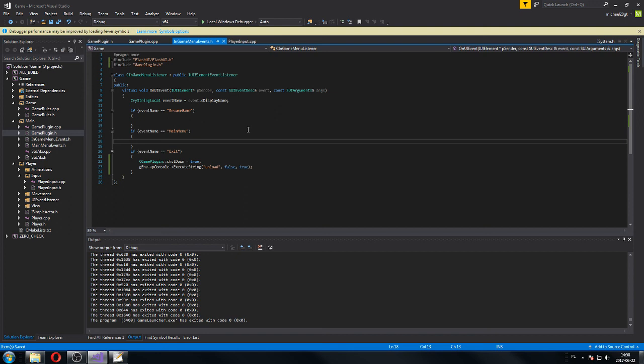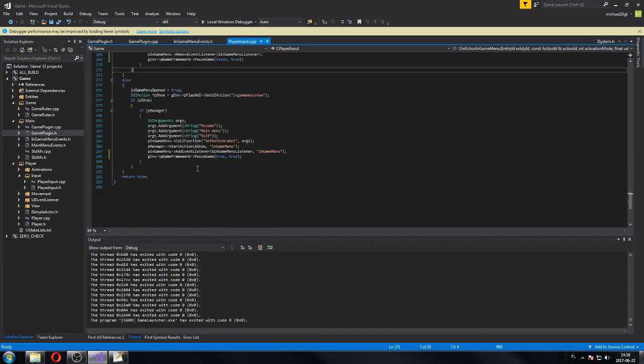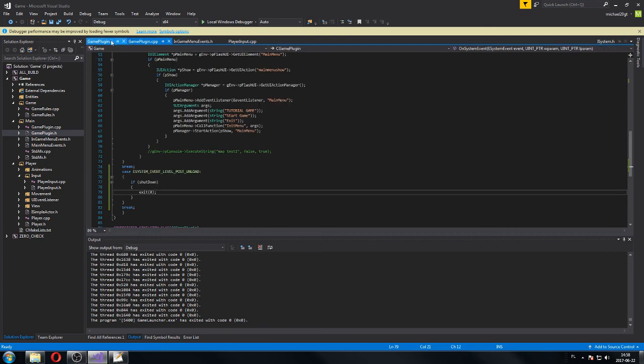So main menu, right? If you press main menu, we also want to unload the map like before, because we don't need this map in the main menu, right? But the difference is that the shutdown stuff doesn't really matter now. So else, and we want to put here something like